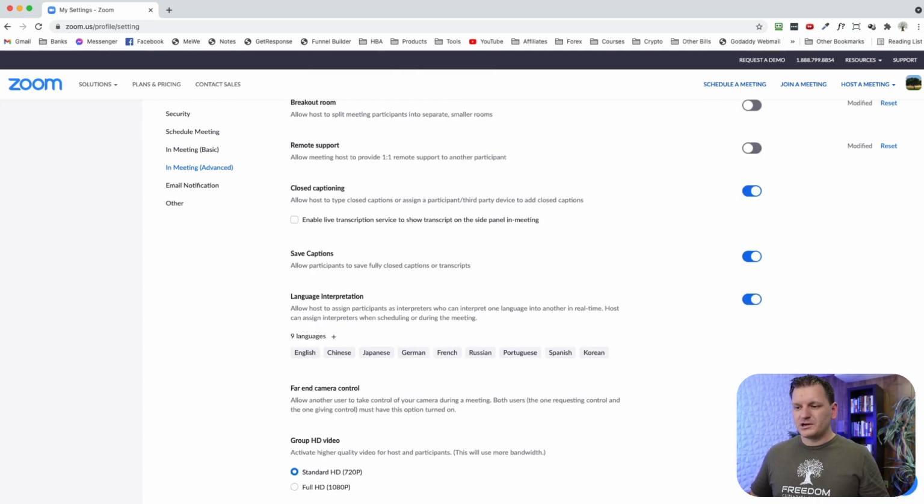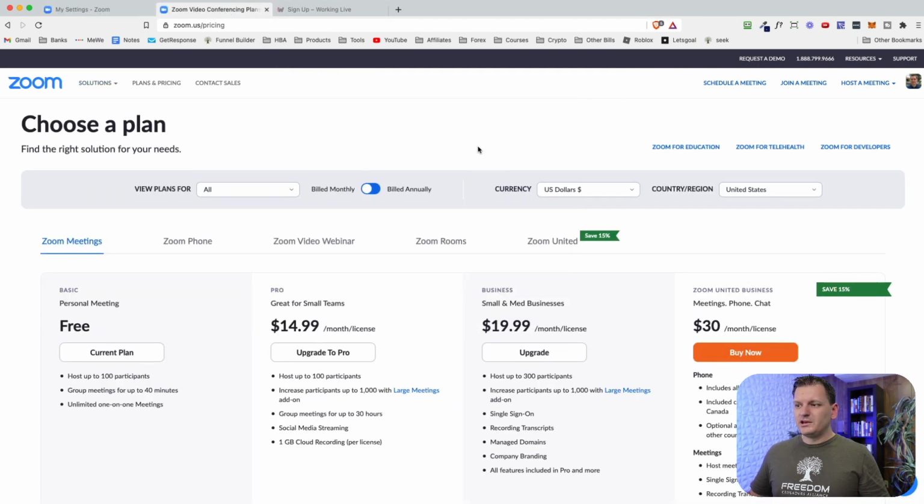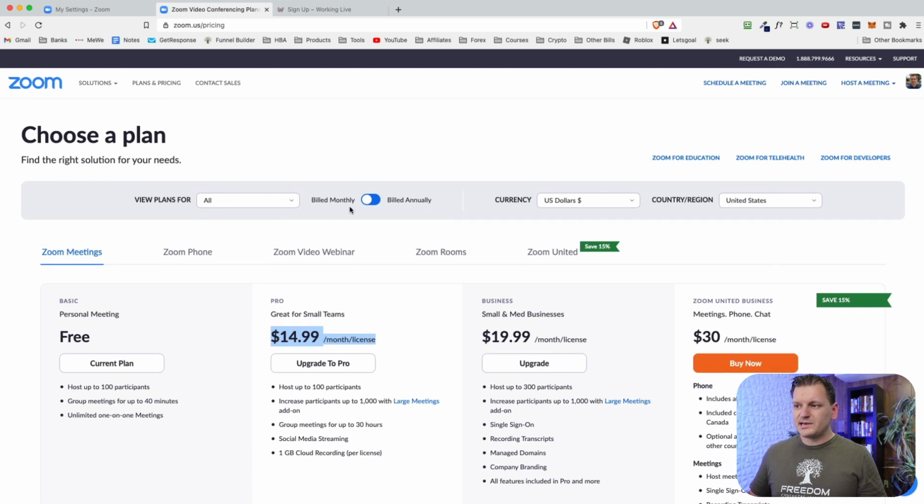And actually, I want to share with you, if you go to the pricing of Zoom, you'll notice that Pro is about $15 a month right now per license. So that's pretty low cost. And their yearly is $149. But I do want to just mention, I found a website. This is what I actually personally use, and I'm not sponsored by them. I don't make any money from this.